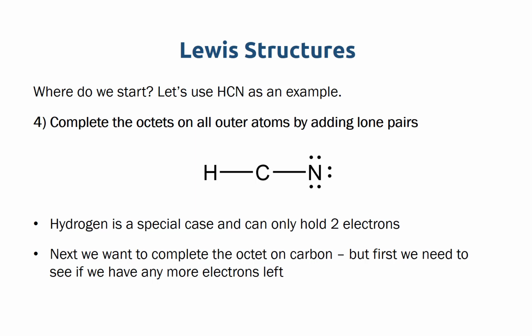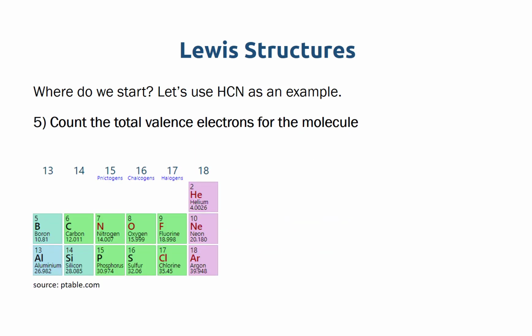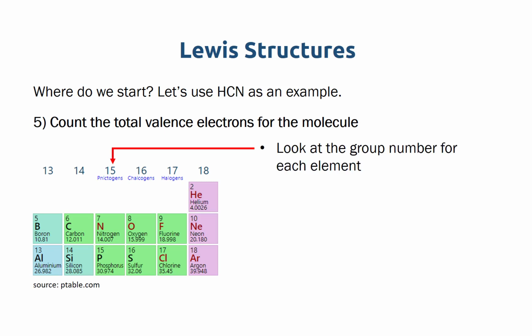But first, let's double check to see how many electrons we have left to use. Because every time we draw a Lewis structure, we have a maximum number of electrons that can get used in our structure. So how do we count this? What we're going to do is look at the periodic table. So the group number, which is the column number, is going to tell us how many valence electrons